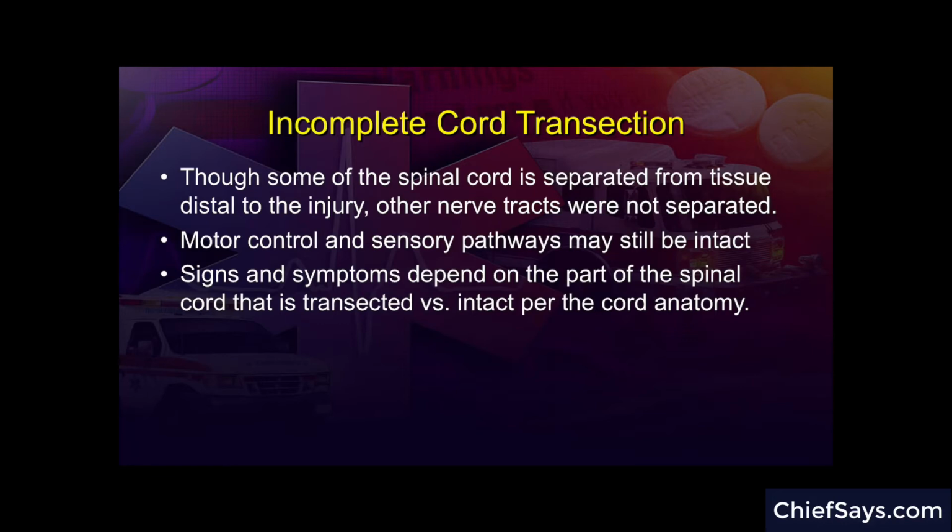Now, when this occurs, depending on what portion of the spinal cord is transected, we may have preserved some function of sensory, we may have preserved some function of motor, or a combination of some of these in different regions of the body based on the portions of the spinal cord that were impacted. All right, so let's now take a look at some of the specific incomplete cord transection injuries that occur. They have particular names, signs, and symptoms, and are certainly all testable within our scope of learning at the paramedic